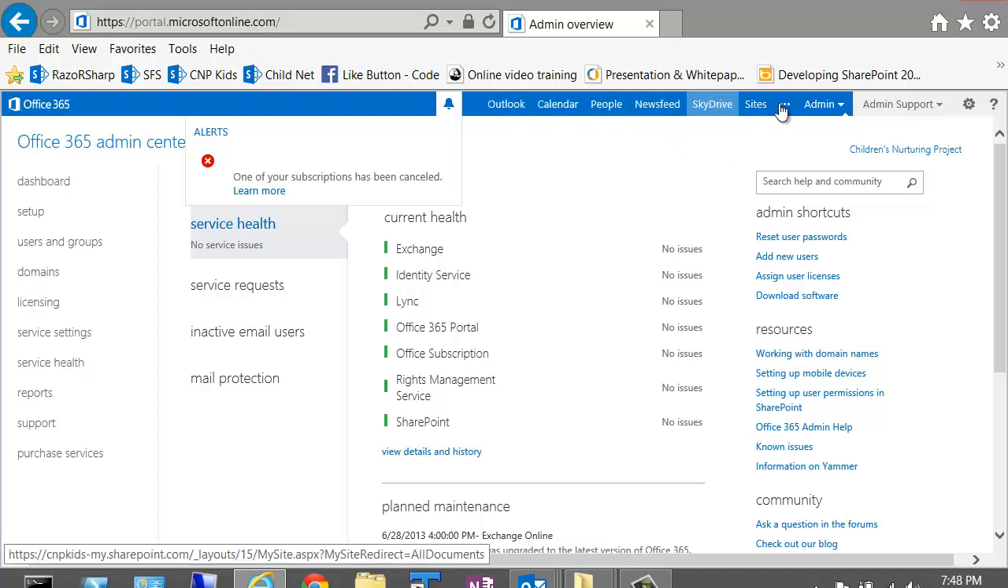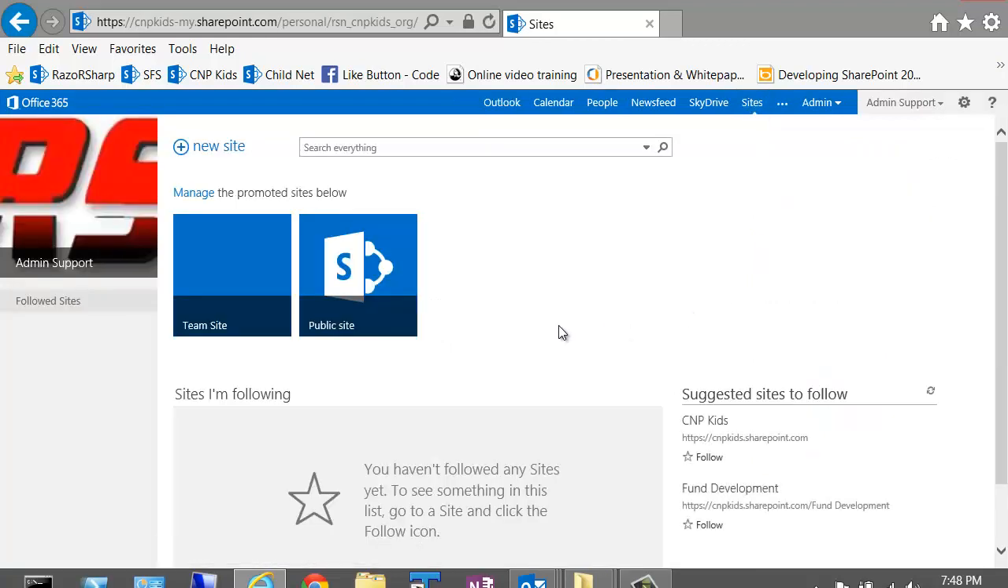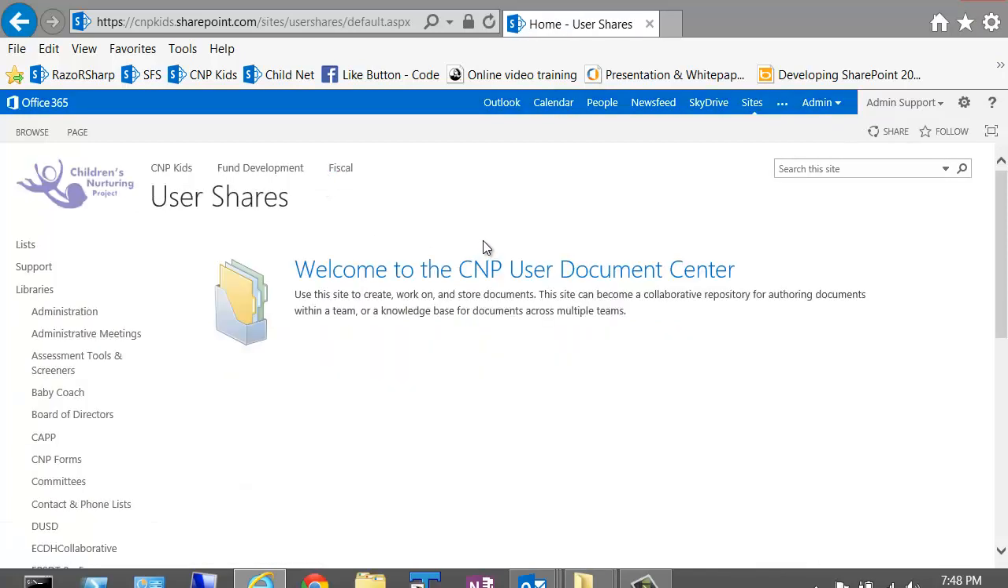In the top toolbar, we have a couple of different options. We want to visit our sites, which warehouses our documents. And then we'll land on our personal My site through SkyDrive. What we'll want to do is go to our team site so that we can access the document center. And we're going to utilize a user share in order to demonstrate how to utilize the document center and access